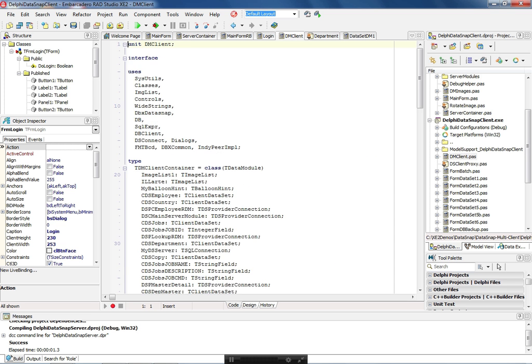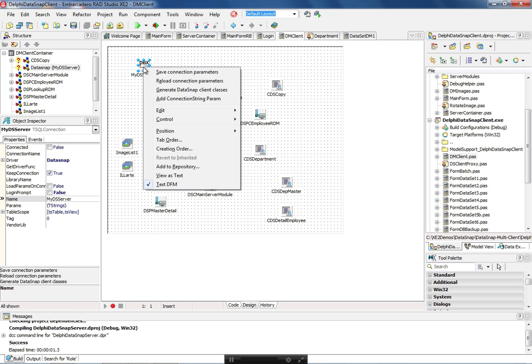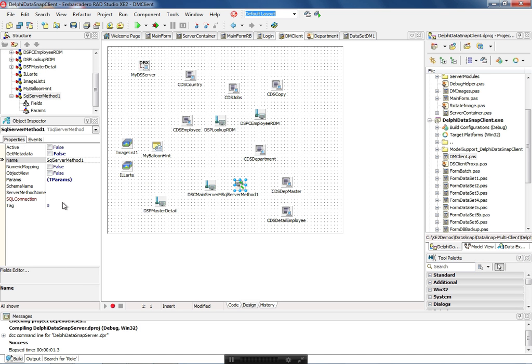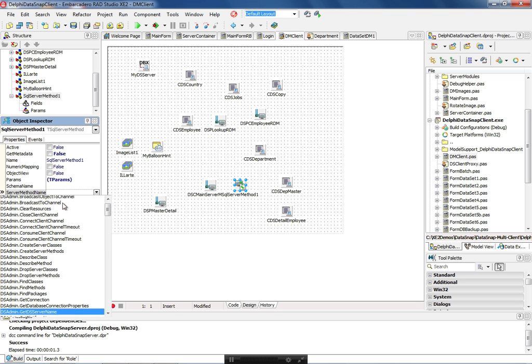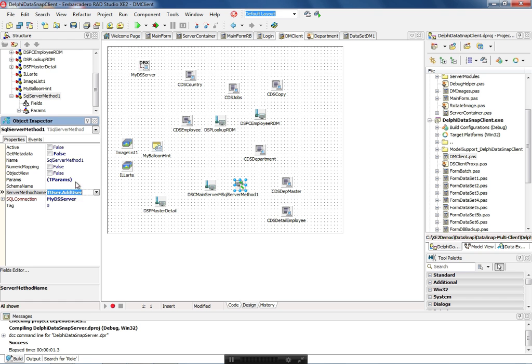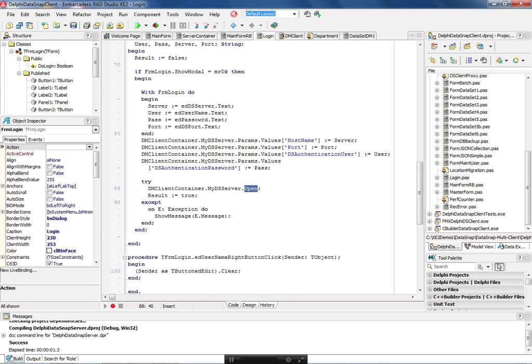When you go here on the client side, you want to have access to all of the methods available on the server side. You can use the server method component, simple, just connect with your SQL connection, and you can get all of the class dot the name of the method available on the server side. So let's say you want to add a user. I have the method user add user, and I pass the first name, last name, the login, and password. If I can open the connection,